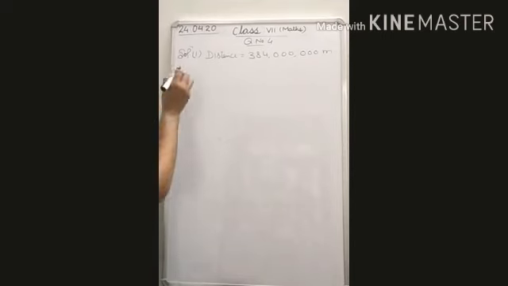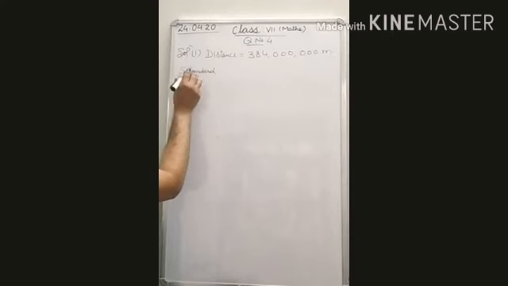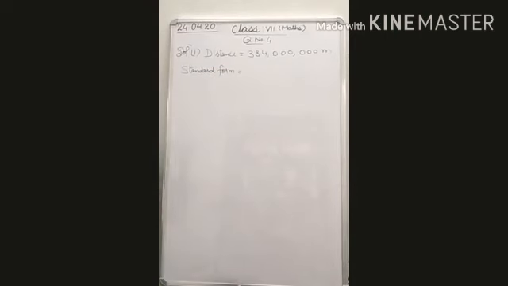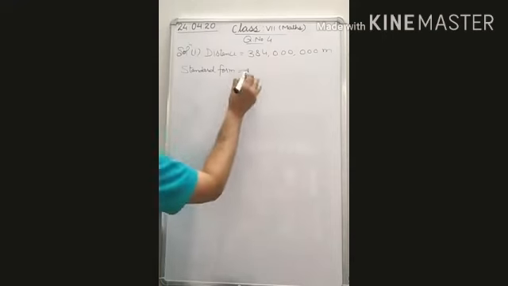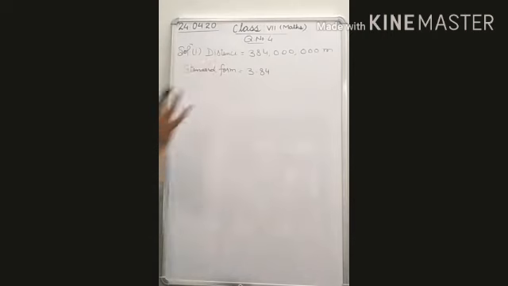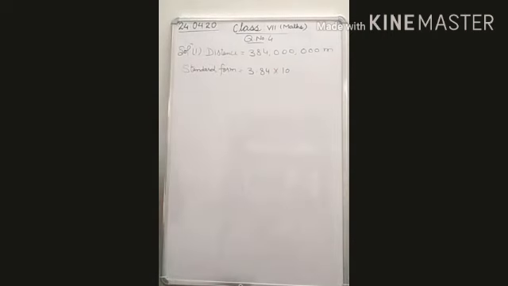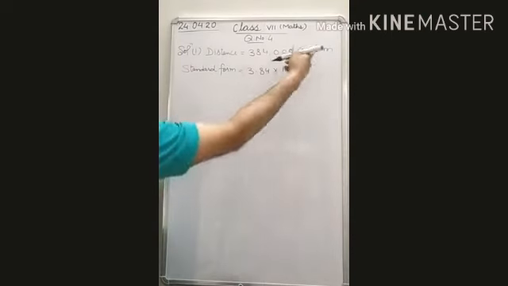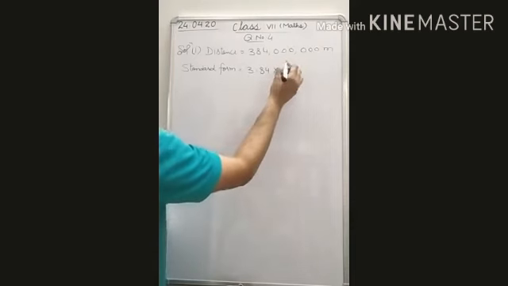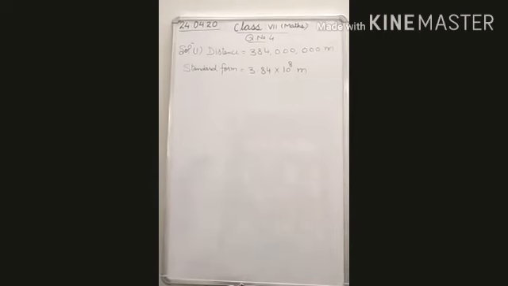So we write here standard form. So what will be the standard form? According to this, first decimal will be after first digit. So it will be 3.84. Now after 4 there are zeros, so no need to write the zeros in the last. Multiply 10 raised to the power what? Now you see after 3 how many digits are there? 1, 2, 3, 4, 5, 6, 7, 8. So 10 raised to the power 8 meter. This is the answer of this question.